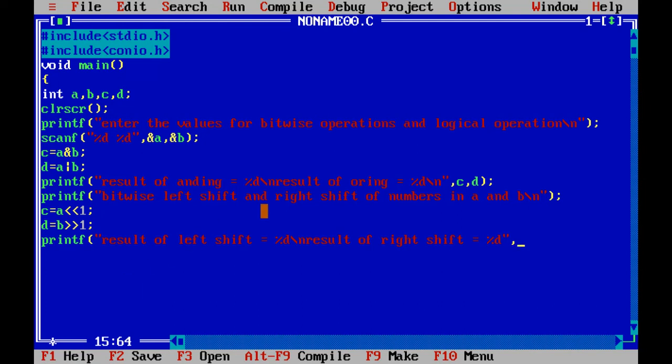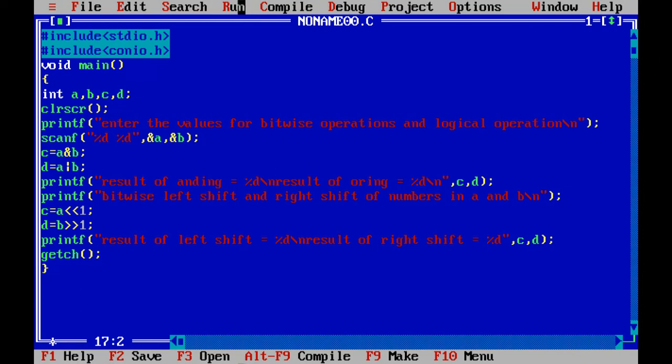So here, since the result of left shift is placed in C, I'll write C, comma, and right shift result is in D, so I'll place D, then the bracket complete followed by a semicolon, and then comes getch. Since all the things are done, getch is to keep the results on the screen, and then the curly brace complete, which indicates that the definition of the function main is over.